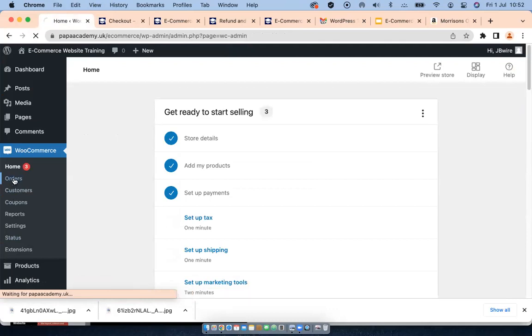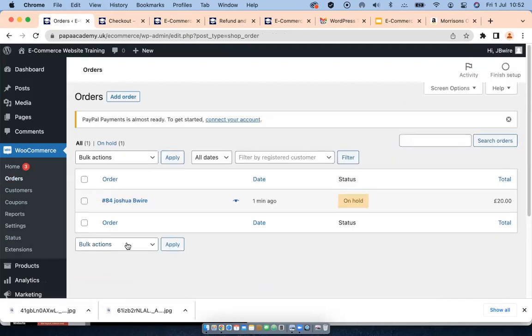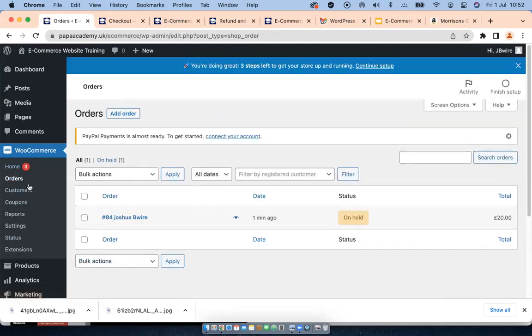Oh, it hasn't activated yet, but we should receive an order here. Oh, it's there. So we have received an order. You normally get an email, of course, and then you log in, you go to orders. You see the order is still on hold because maybe you're expecting them to pay. If they finish paying and you get a notification from your bank that you have received the money, then you click anywhere within the order